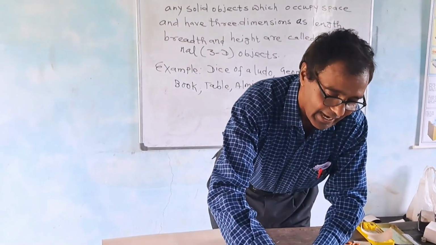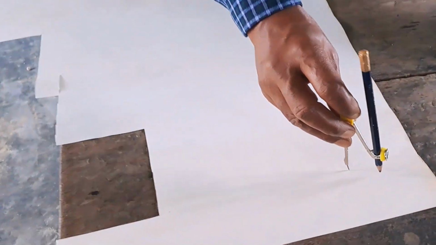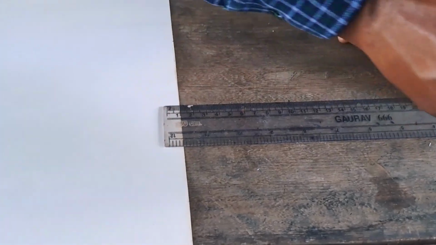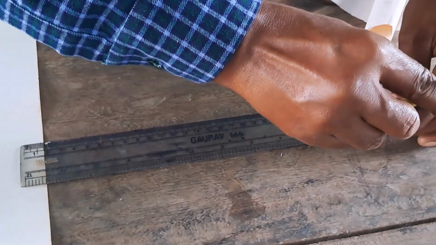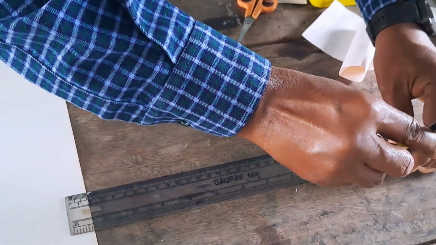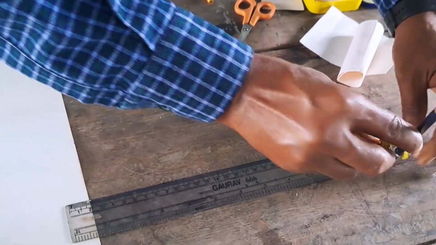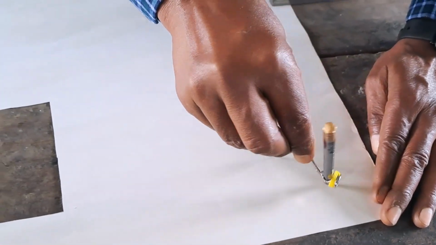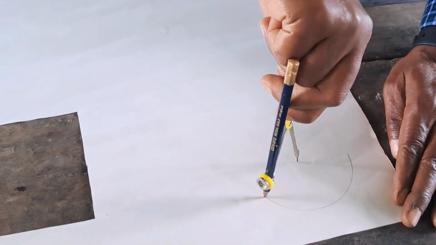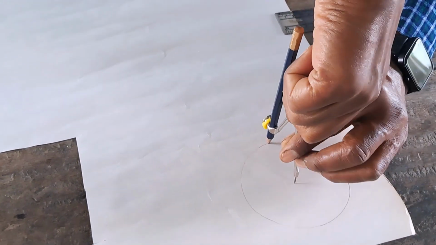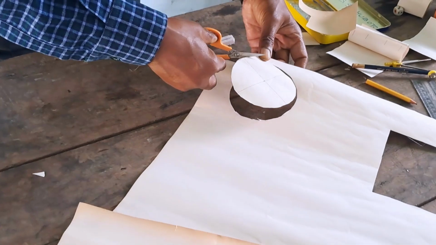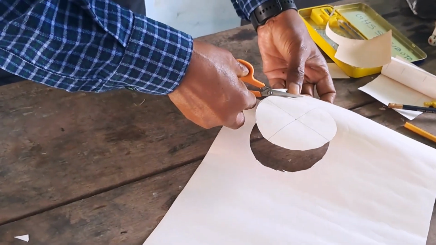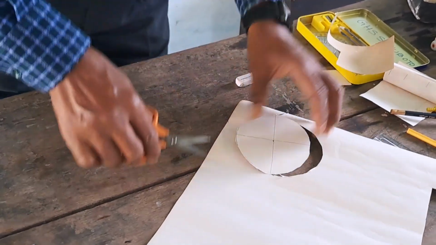Look here. I have taken 2 inch from here, 2 inch from here, with the help of a scale, 2 inch with the help of a scale, and draw a circle. Draw a circle, and this is a circle. What is this? This is a circle. Along the circular line, and draw a